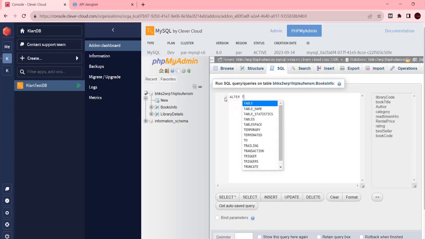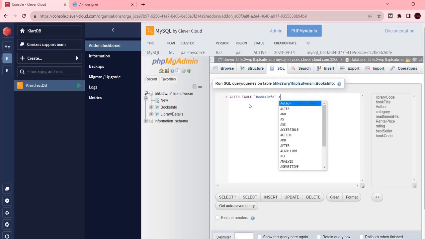Now alter table, your table name, add. Okay, you can use add and that column name, book code is your column. Sorry, you need to mention add column also. I'll provide, yeah, add column, book code, int, which means it is integer,